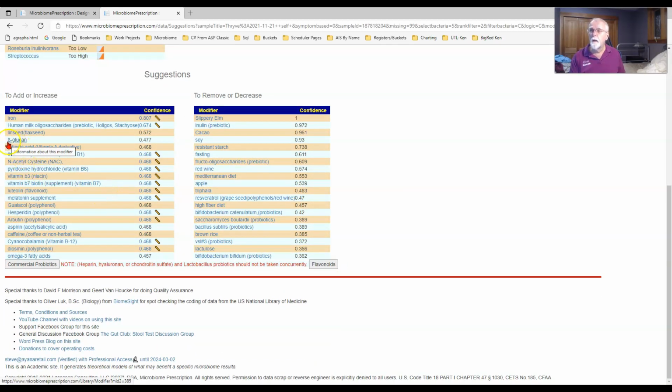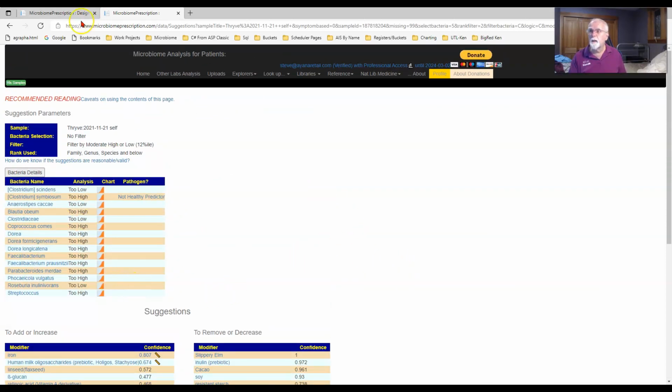We do have beta-glucan, which is what barley consists of a lot. We have a bunch of things. Heparin, etc. Holygos, linseed, flaxseed, which I often have in my own porridge. So we have some similarity, and melatonin, which usually helps, aspirin, etc. So depending on the richness of the number of bacteria you pick, it can have an impact. If you're sparse, you may just be landing on oddities and get some odd suggestions.